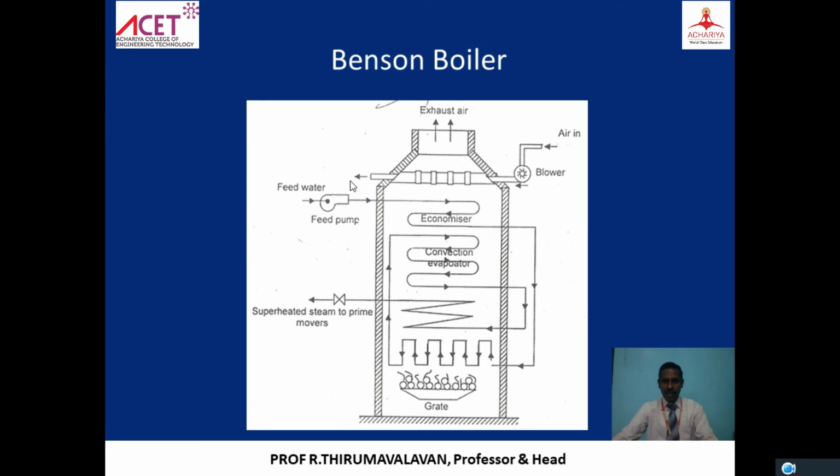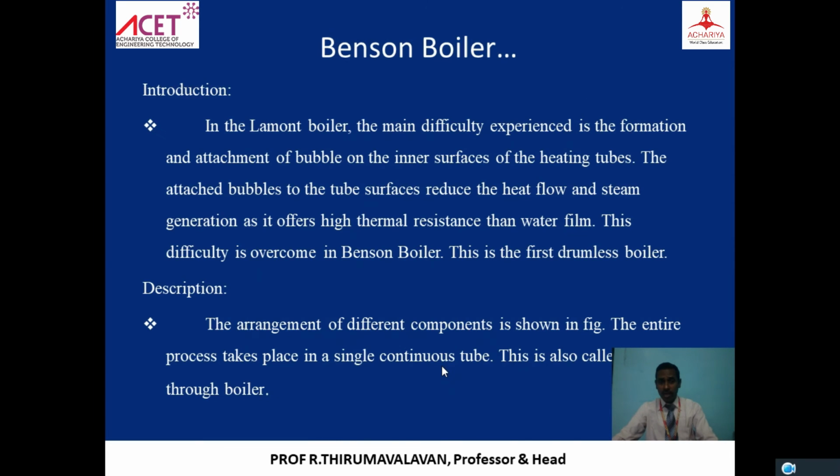If you are going for the radiant superheater, the radiant superheater is there. From the radiant superheater, it comes to the convection superheater. The bottom is going to be a radiation superheater. It is next to the combustion chamber, so the heat is absorbed through the radiation process. Next it is going to the convection evaporator.